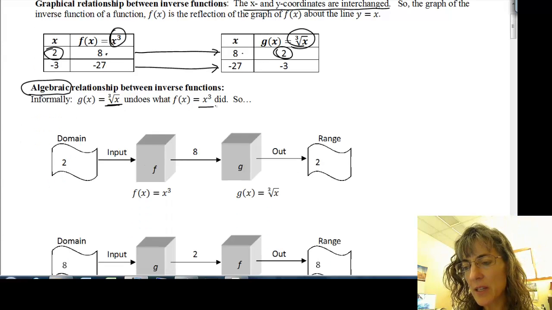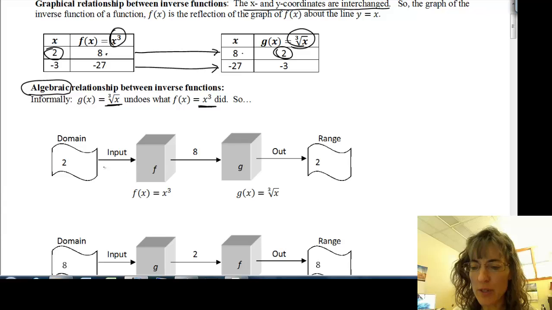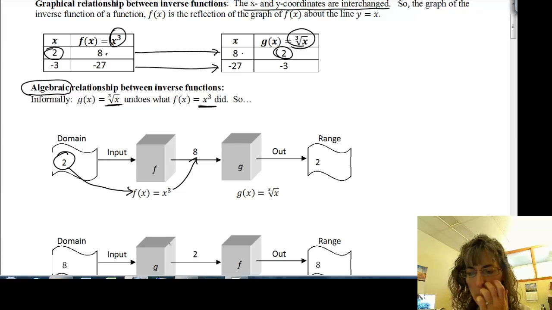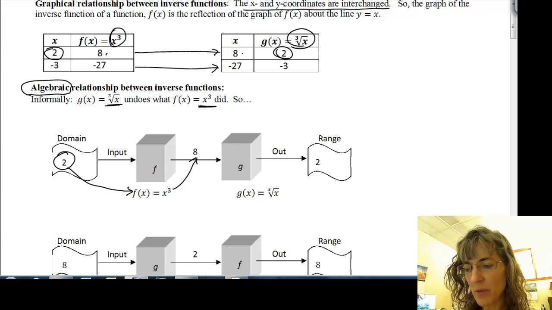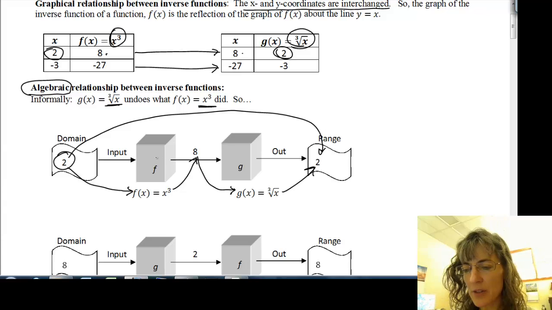The cube root of x undoes what's being done by x cubed. So what we expect to see with inverses is that if you plug in, say, a 2 for the function, so you're plugging it in and you're cubing it, and then you get 8. Then we plug the 8 into the inverse, or what we suspect is the inverse function, and it's the cube root of x, so it's the cube root of 8, and we end up with 2. So the point here is that what you did is undone. So whatever you started with, you end with,